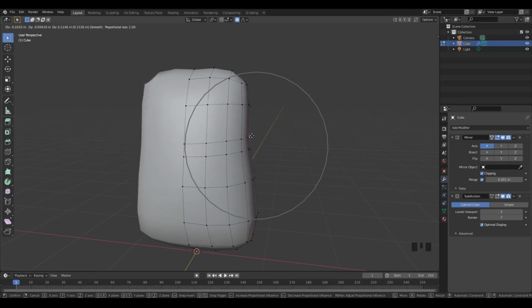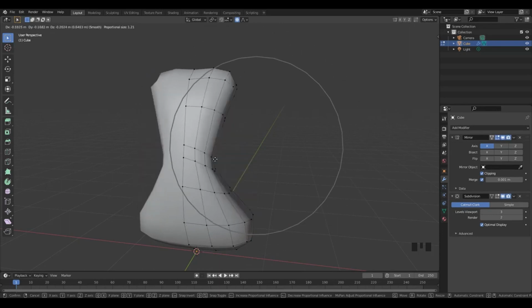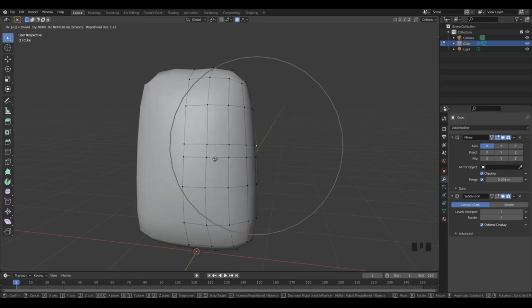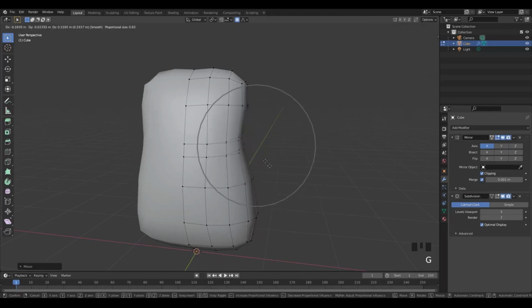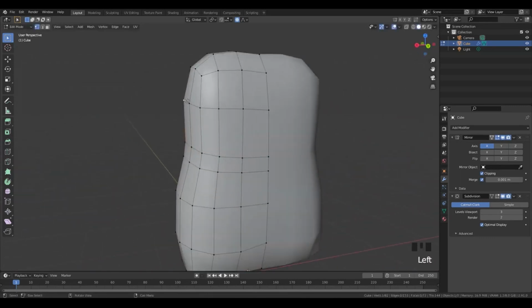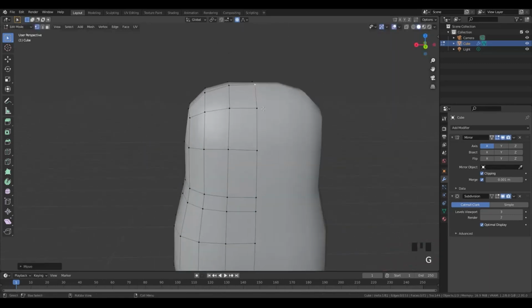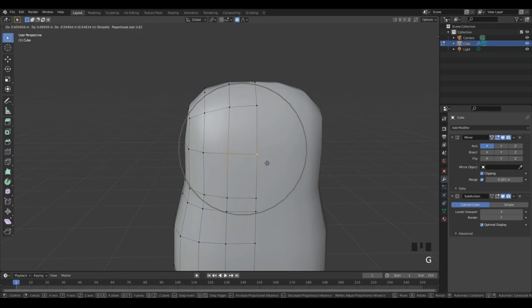As you can see, when I'm moving, there is a circle around the mouse. And if I'm scrolling my mouse wheel, you can see that I can change the radius. You can also press minus and plus, but it's not working in this case on the numpad. But as you can see, so no, it's page up, page down, sorry. But I'm never using that. I'm always using the mouse wheel. And you can see that it's going to help you achieve very organic forms